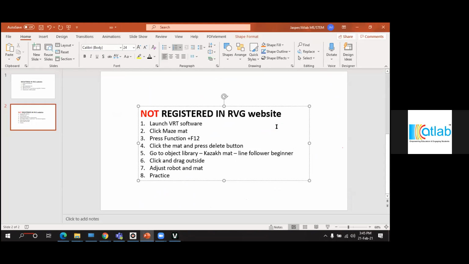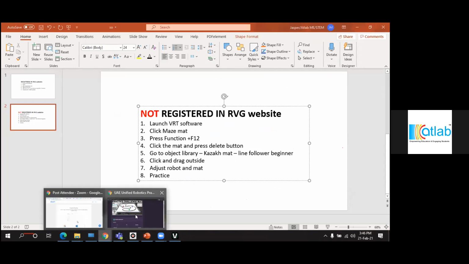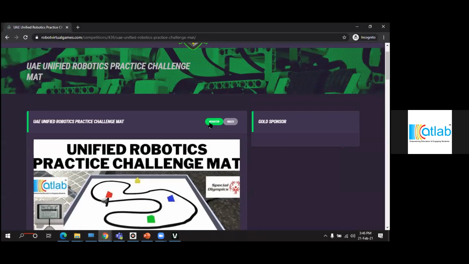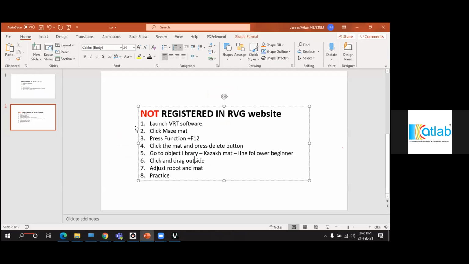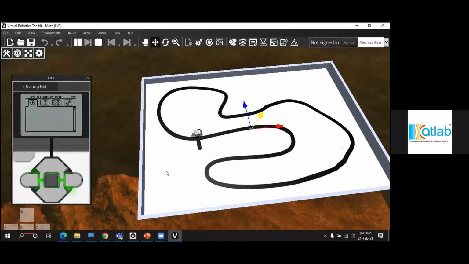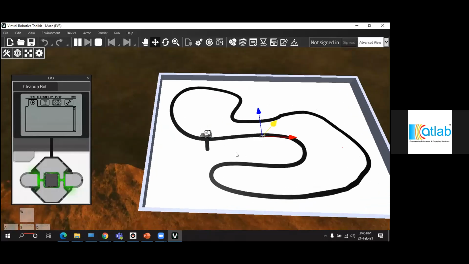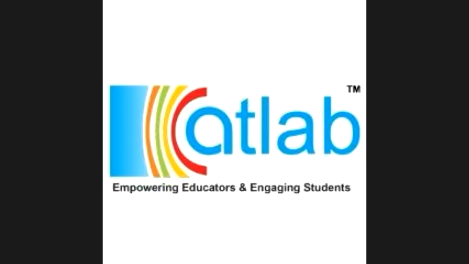There you go. So this is only for the time being. Okay, so it seems like many of the coaches are yet to submit. Many of the teachers, many of the coaches are yet to submit your email address properly. Once you submit that, you will be able to register in this website. Okay, so till then you cannot practice, right? So just for practice, I made up this procedure, and this will be helpful for you to practice on the competition mat. Okay, so right now I'm going to stop sharing my screen, and then I'm going to check your chat.